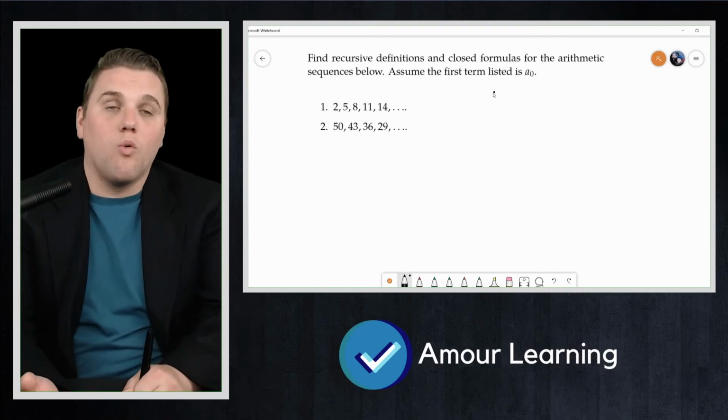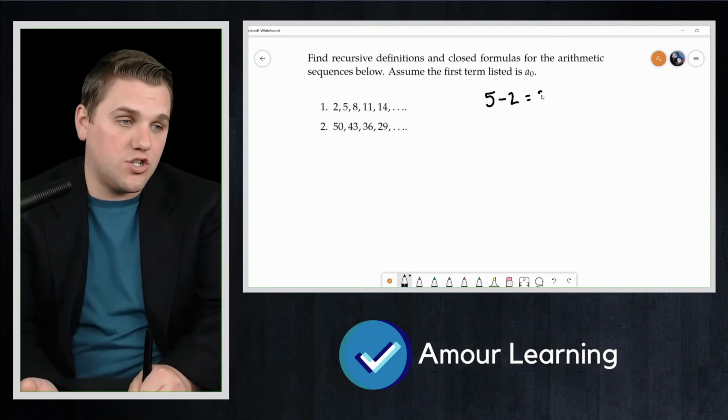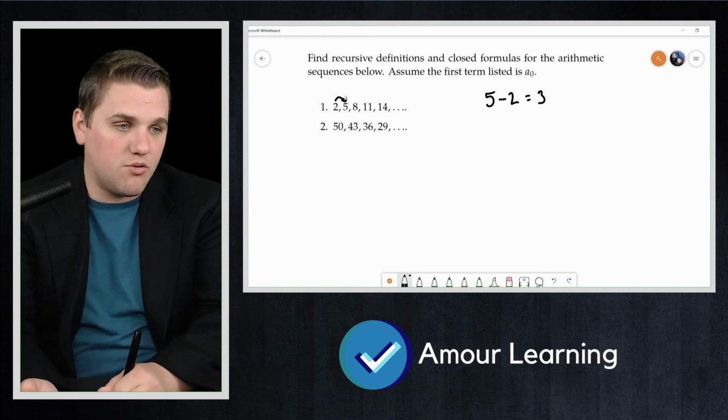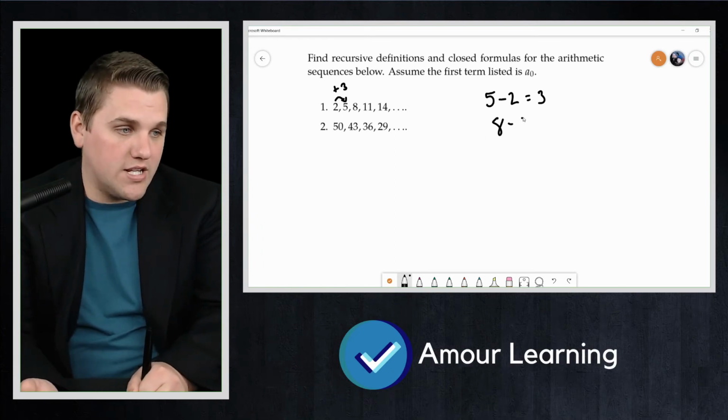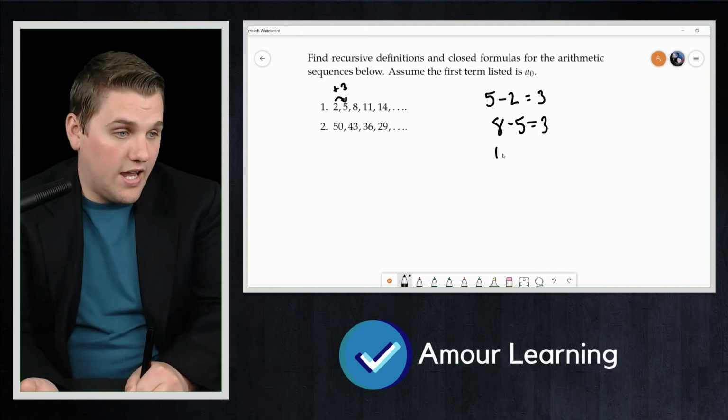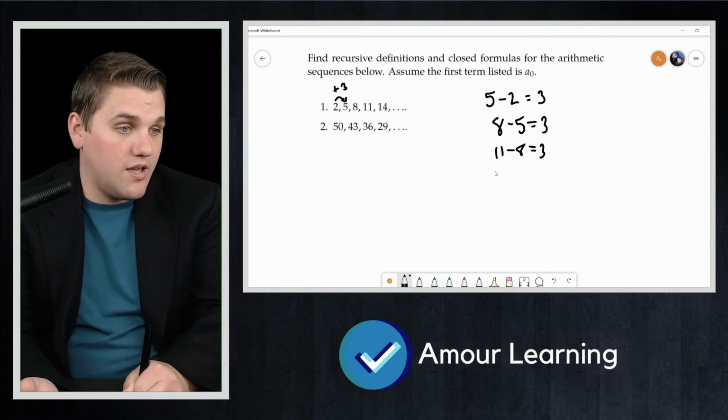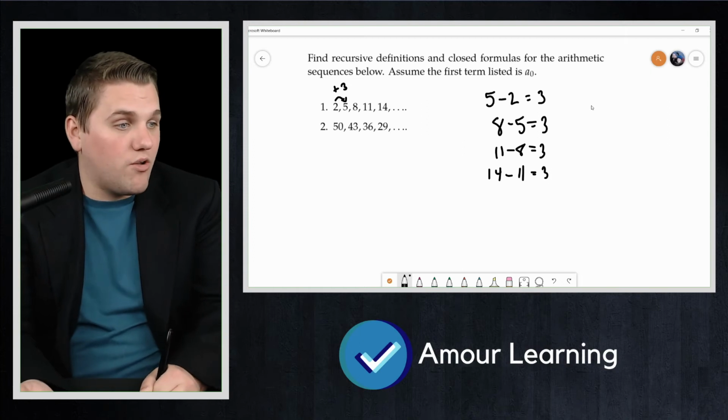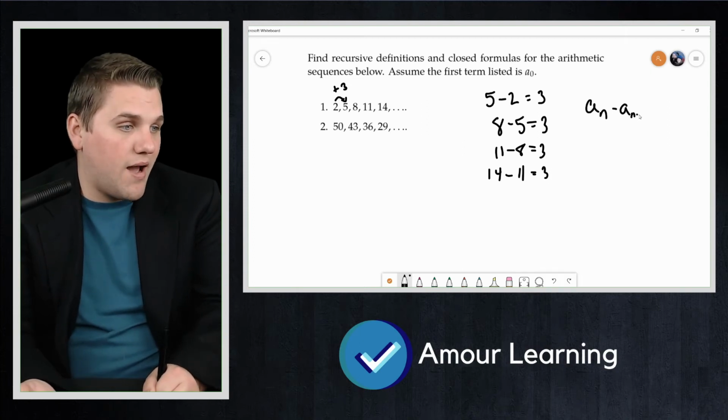So for number 1, we're going to do 5 minus 2, which is 3. That's the difference here, plus 3. And then 8 minus 5 is 3. 11 minus 8 is 3. 14 minus 11 is 3. So in general, the difference is 3, or the recursive definition is an equals an minus 1 plus that